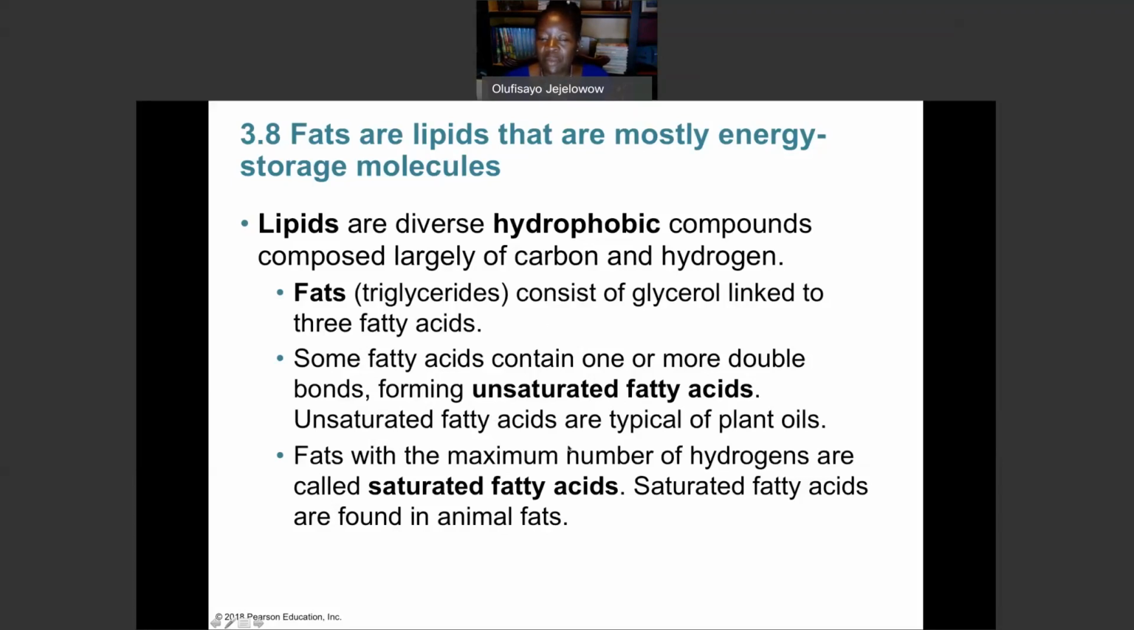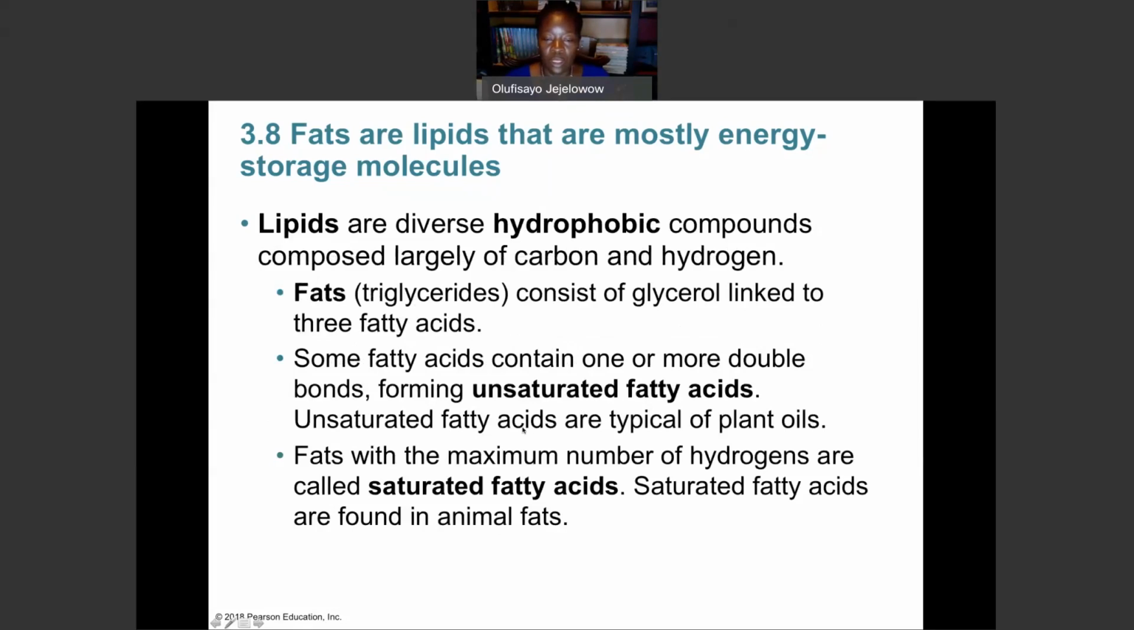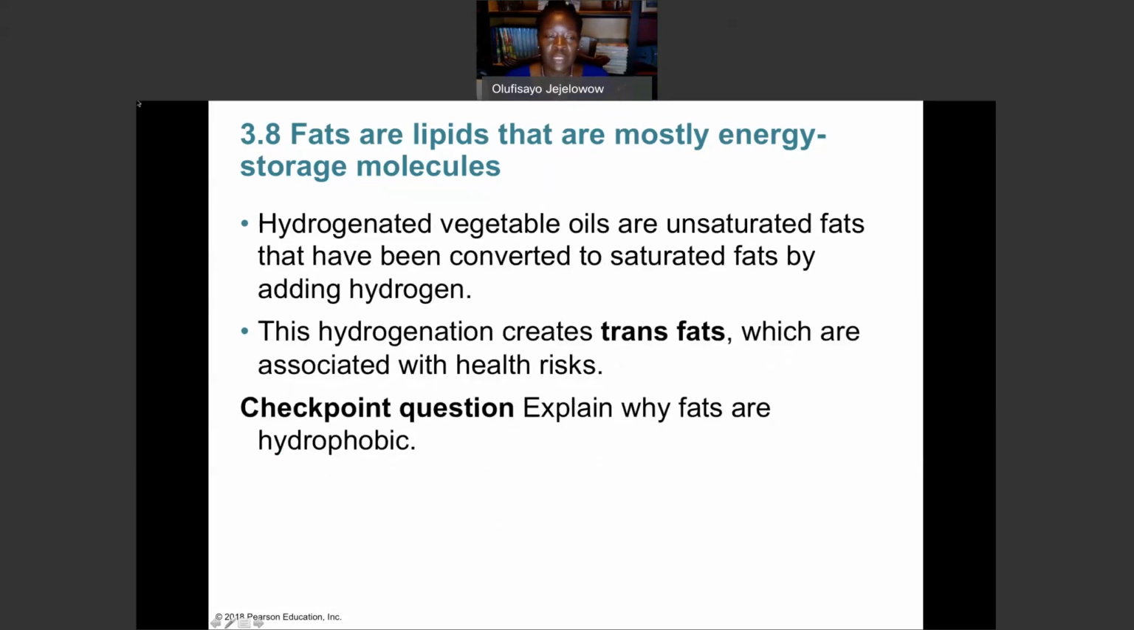Fats that have the maximum number of hydrogens are called saturated fatty acids. Like in animal fat, they tend to be solid at room temperature. So, because of our knowledge of saturated fats, the commercial industry started hydrogenating vegetable oils, plant oils, so that they begin to be saturated and they are converted to